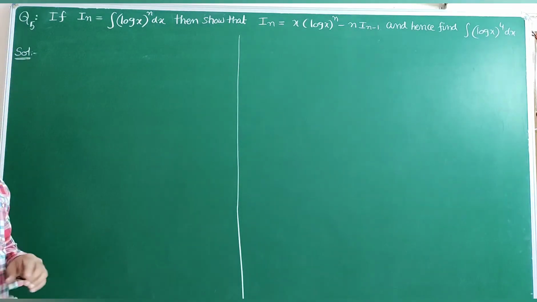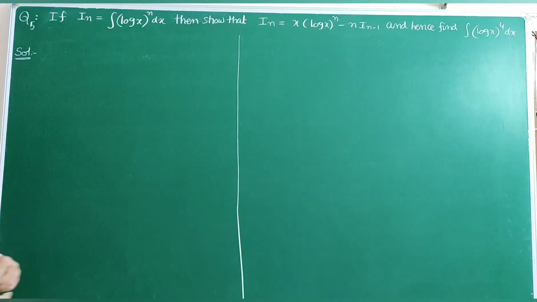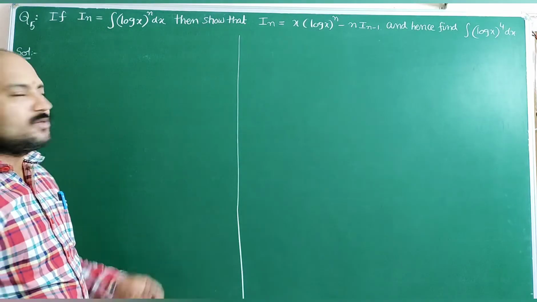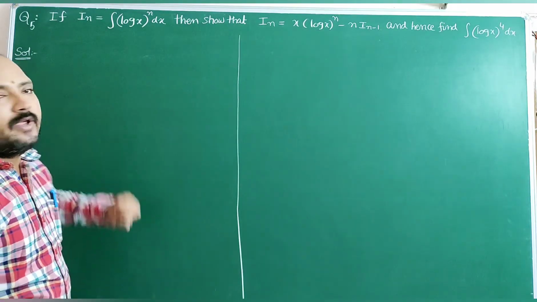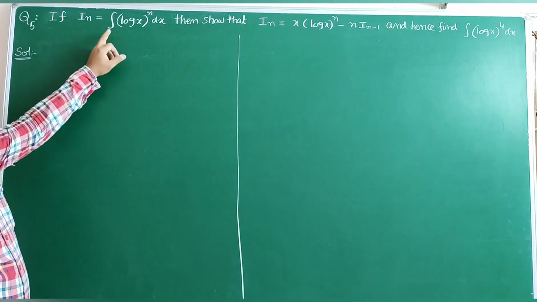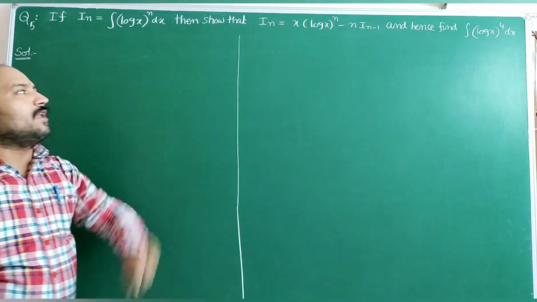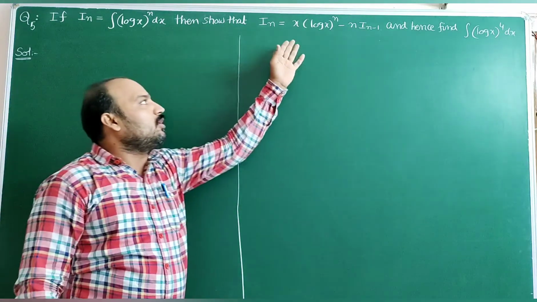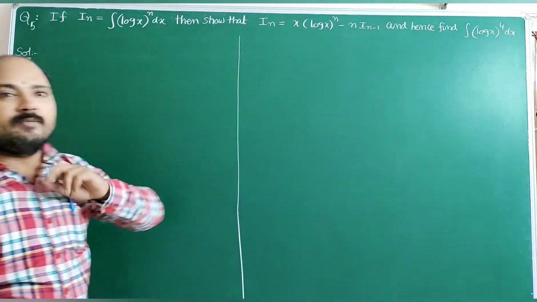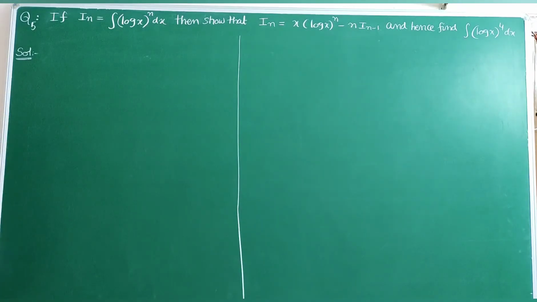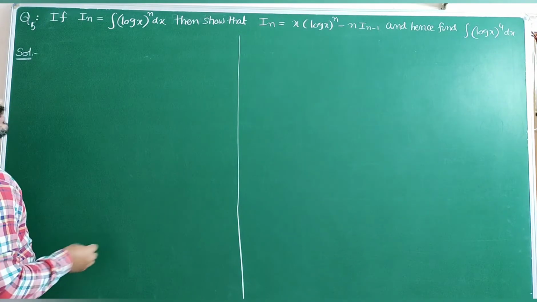In this video, we are discussing reduction formula, but not for trigonometric ratios, for different functions. If In is equal to integral of (log x) whole power n dx, then show that In is equal to x into (log x) whole power n minus n into In minus 1. See here,